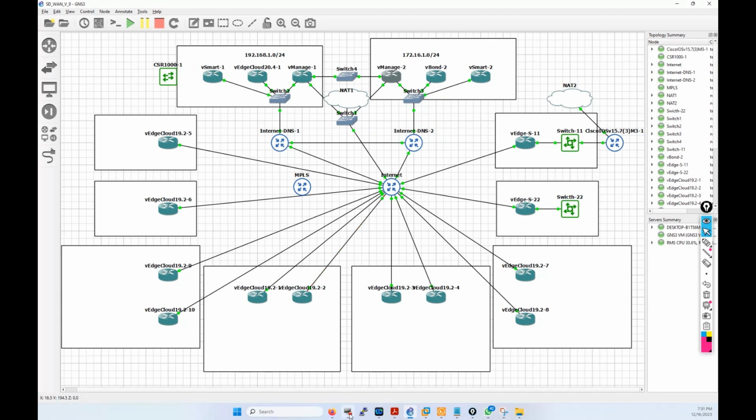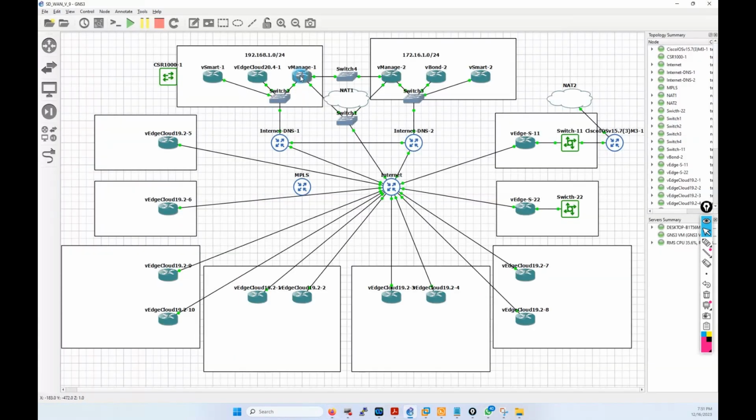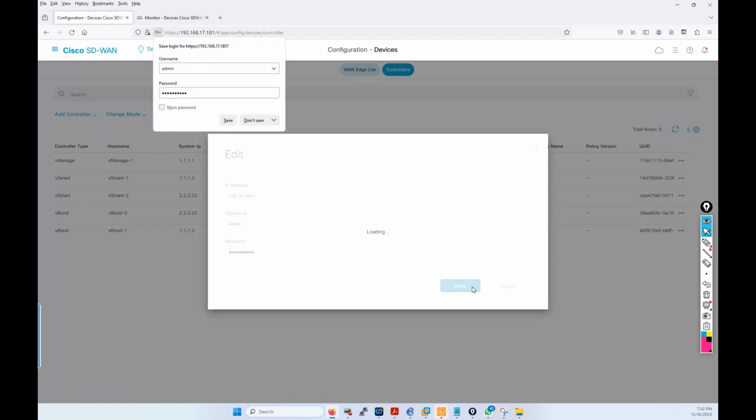Let's see if that's going to work, but let me go back, and I'm gonna check that IP first. Okay, let's go. It's the 172, sorry, 172.16.100.1, and I'm gonna use the default user with the password that I created. I'm gonna put,